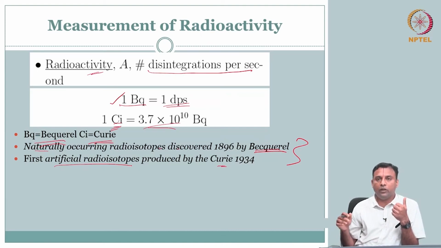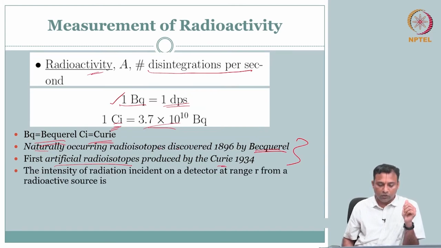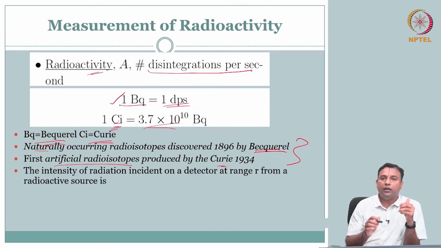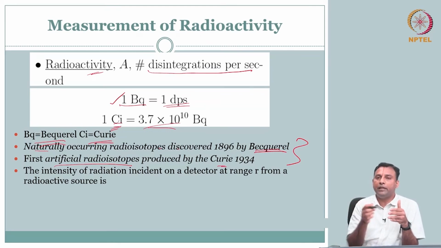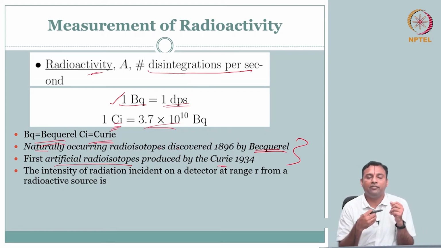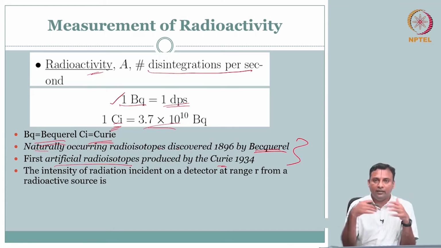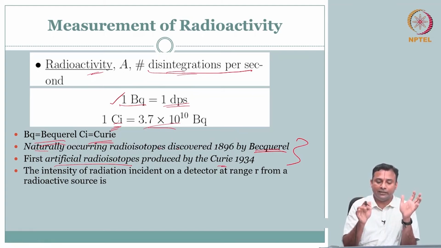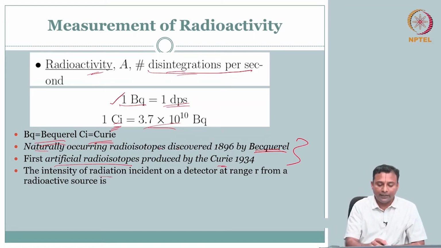Okay, fine. So, now we slowly are getting into the nitty gritty. So, we got the radioactivity, we know this energy shedding. We have some names, we have some units. So, before we jump in completely, what is the idea here? You are going to give some radioactive tracer into the body and the radioactivity is happening. That means disintegrations per second is happening. That means while it is disintegrating, it is giving excess energy out. So, what is the intensity? This energy comes out and you want to detect it. So, what is the intensity of radiation